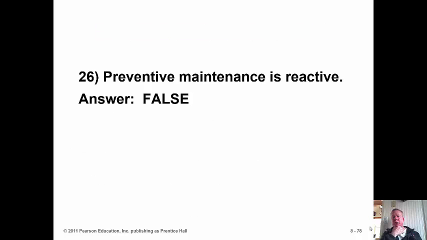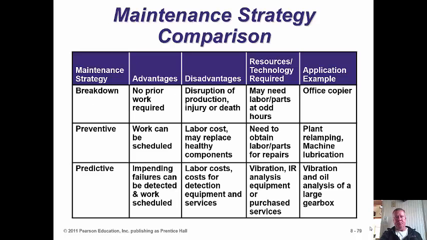Preventive maintenance is reactive: false. So breakdown maintenance is, it's running, it breaks, we go out there. But preventive maintenance is usually based on time intervals, where you get out there and, it's 30,000 miles, something needs to be done, so many hours on a machine, it needs to be oiled, it needs to be greased, it needs to be rebuilt. So that's preventive maintenance. So breakdown, preventive, and predictive. Again, predictive is,